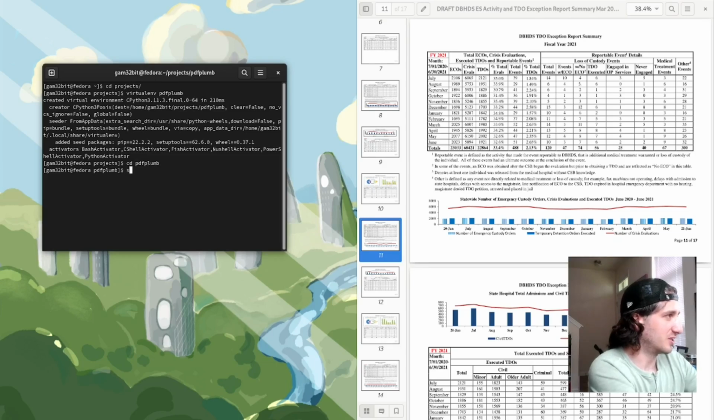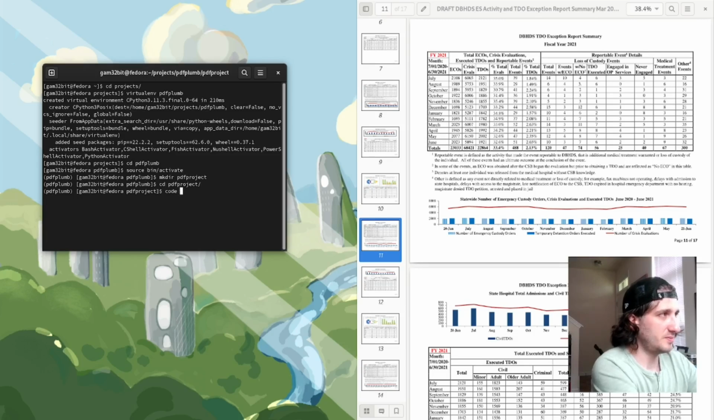But I'm going to type in this command, which activates the environment, and then I'm going to create a new folder, PDF, we'll call it PDF project, open that, and then we're going to create a Python file